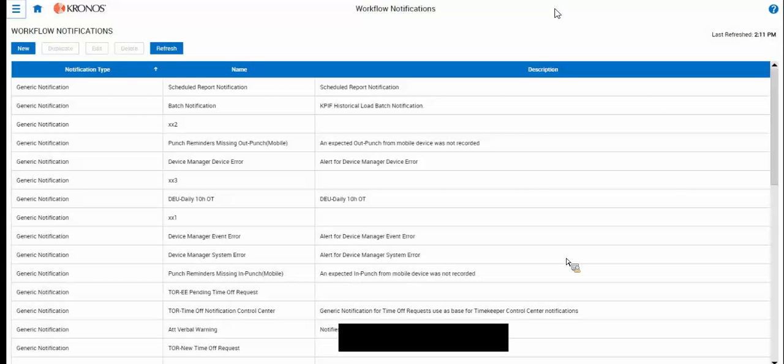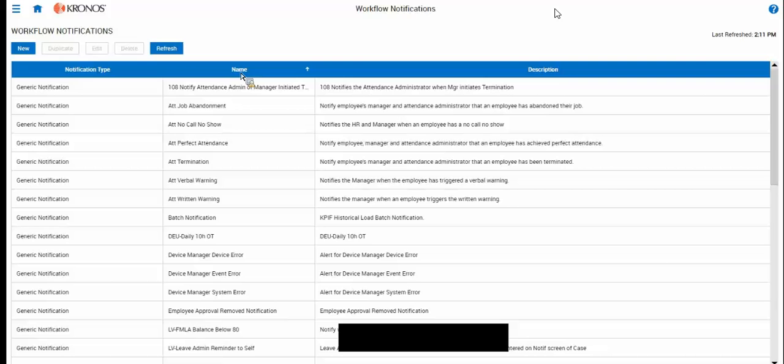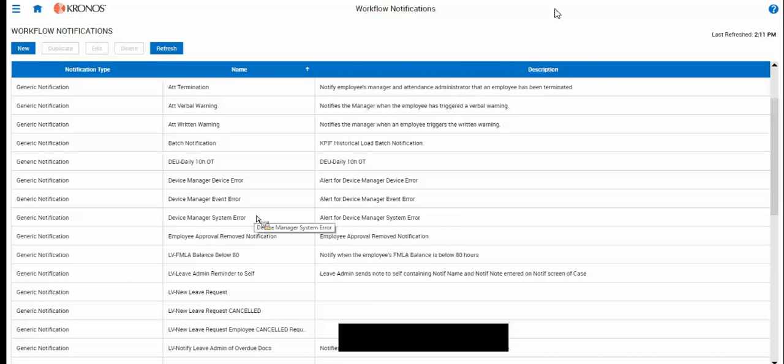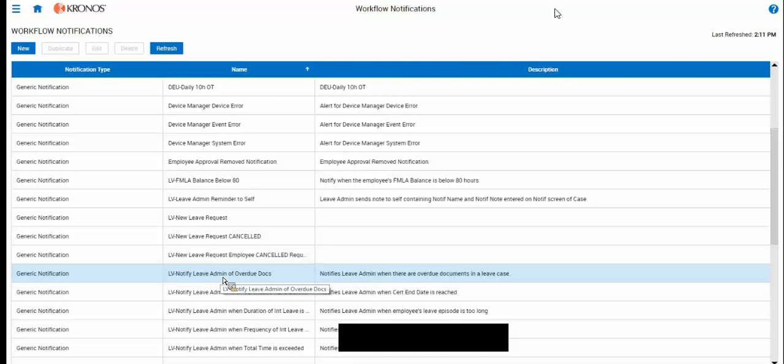So a workflow notification is an email that the database will send out, or it could also be an alert. So when we look through the notifications, I have a lot of them. Now, let's go to the name column heading, and what would help us find this is to sort by name. If you click one time on the name column heading, it will sort in ascending order. And now we can look for LV Notify Leave Administrator